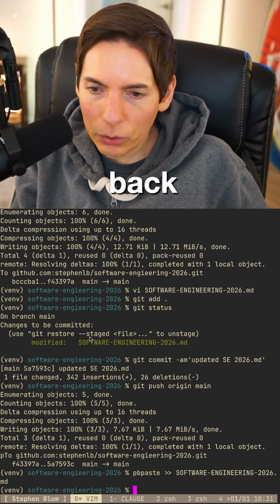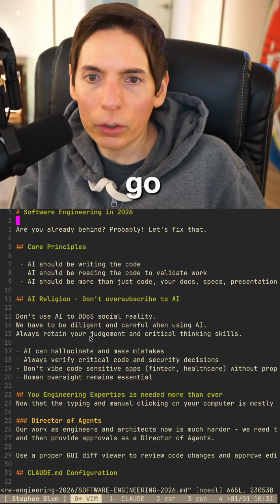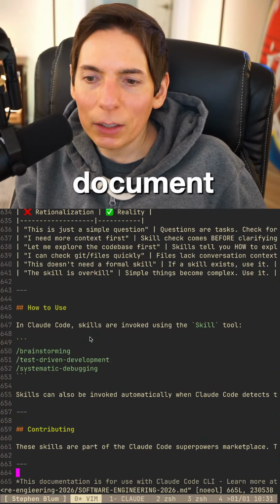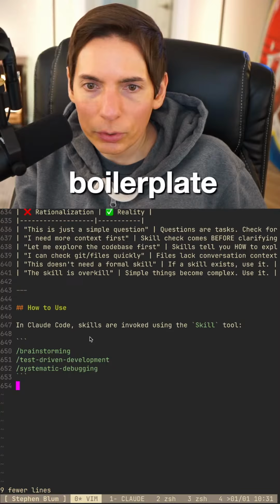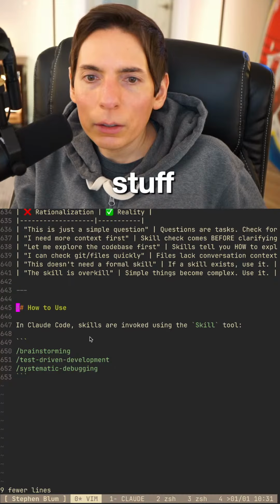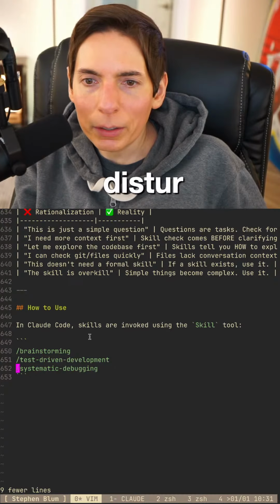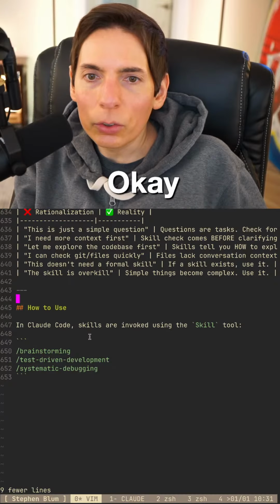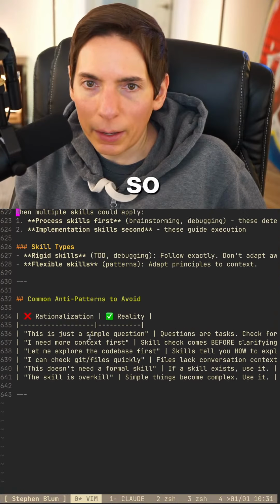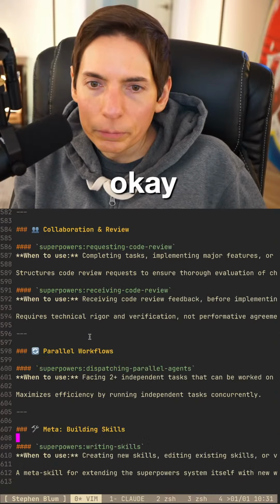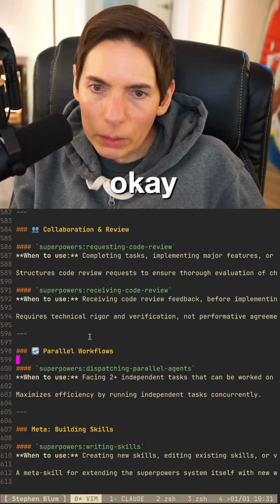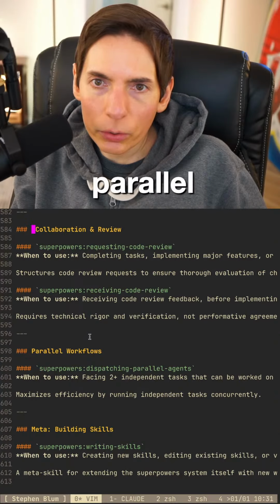Okay, let's go back into it. So now our document is, let's see here. Let's get rid of some of the boilerplate stuff. Brainstorming, test-driven, systematic debugging. We don't have that stuff here, so we have to get rid of that. Common anti-patterns. Let's get rid of these parallel workflows.